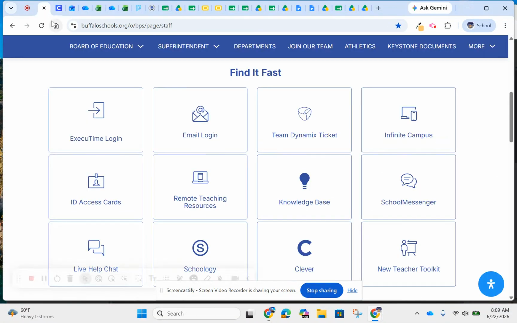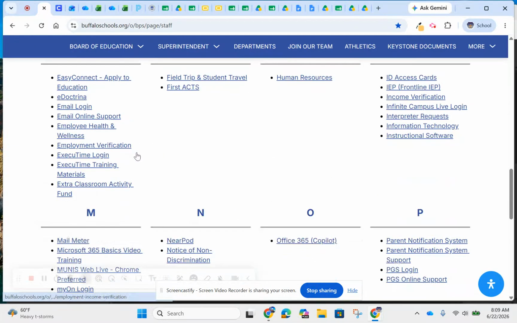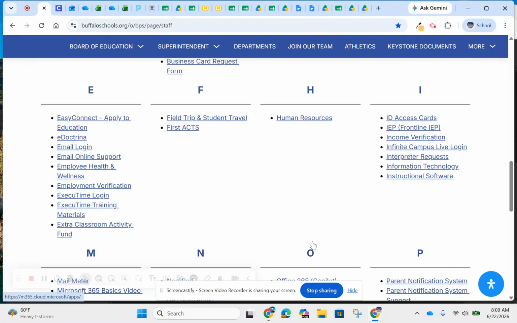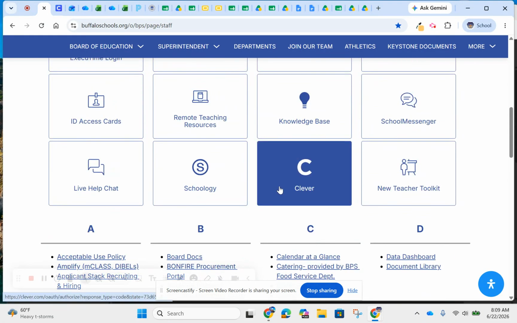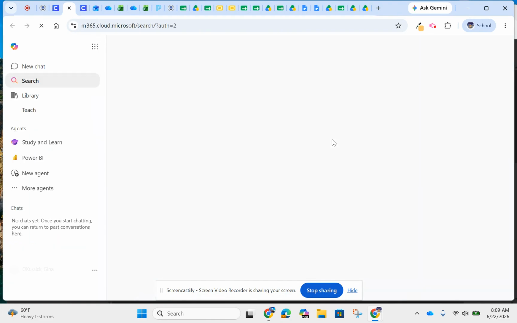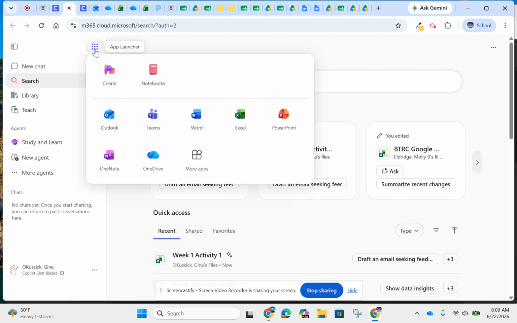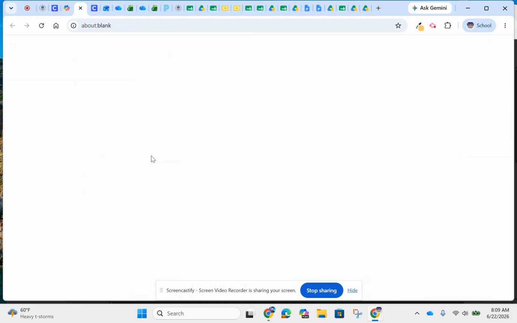So you're going to go to the staff page. You can do one of two things. You can go down here to Office 365 and open it from there. Or what I normally do is I go to Clever. And when I go to Clever, I go to 365 from here. Now, the other thing I do is I go to right here, App Launcher, and I go right to OneDrive,